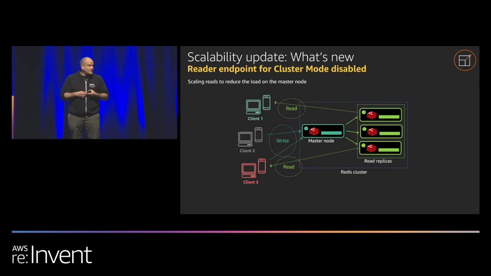The other pattern that we see in terms of scalability is in the cluster mode disabled case, which is still a large percentage of people who use Redis. And in that case, it's obvious that you don't want to put too much traffic on the master. The master is doing your writes. So the pattern that people tend to use is to write into the master and read from the replicas. The problem with that is that if one of the replicas fails and a failover happens and now that replica becomes the master, the clients might not know about it, and again, you don't want to read from that replica anymore.